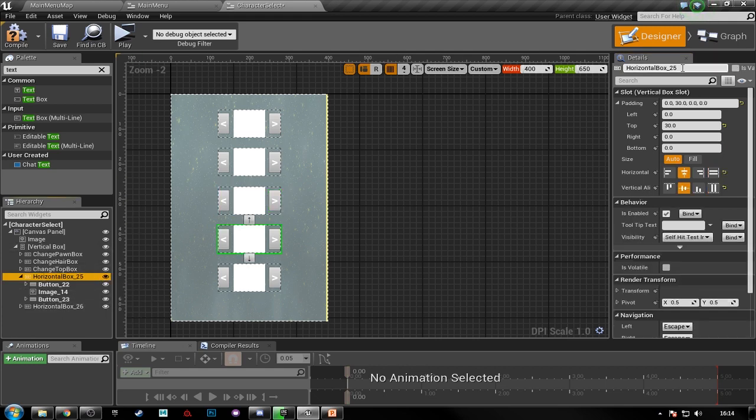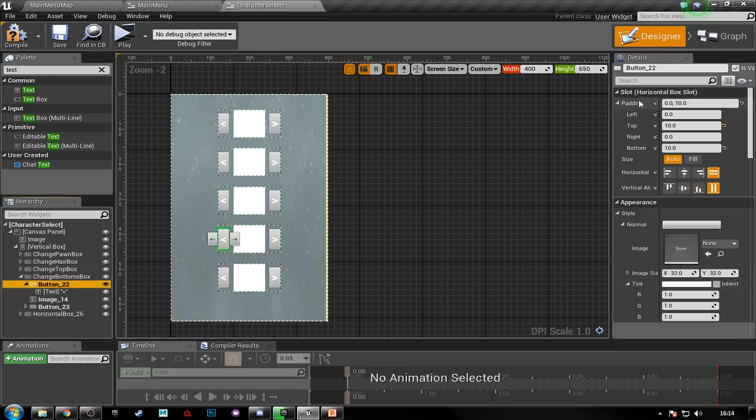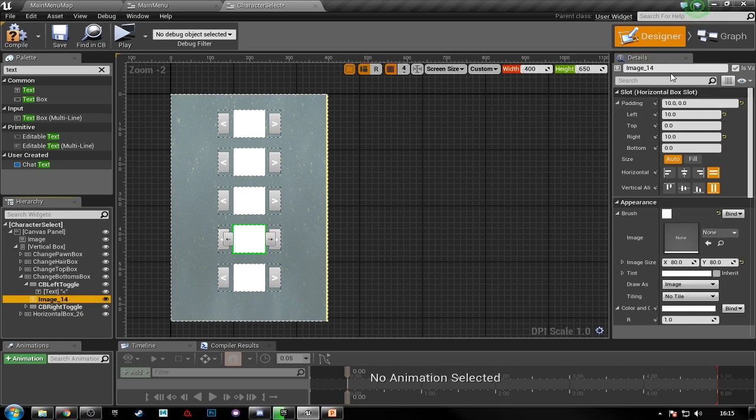Okay, and this one will be our bottoms. So change bottoms box, and this button will be our CB left toggle, CB right toggle, and the image is just our bottoms image. Okay,